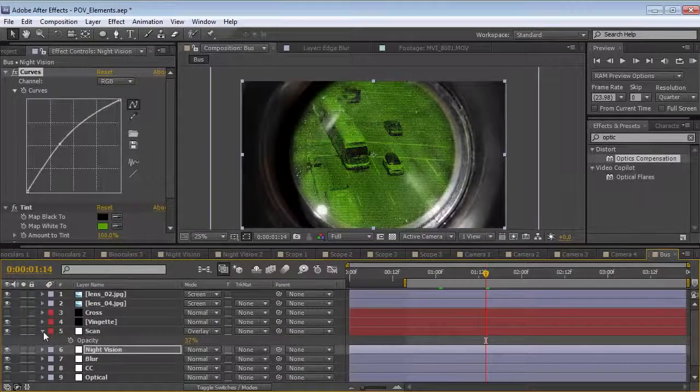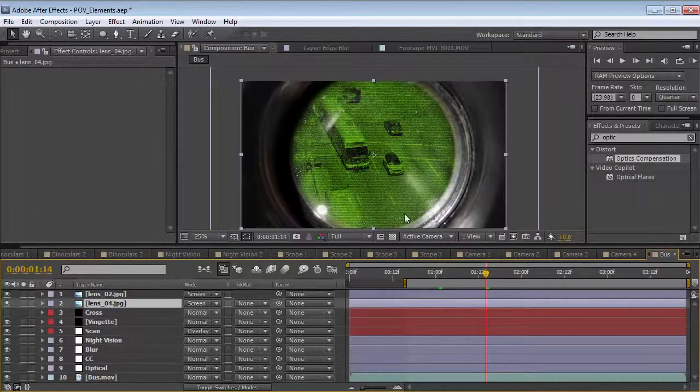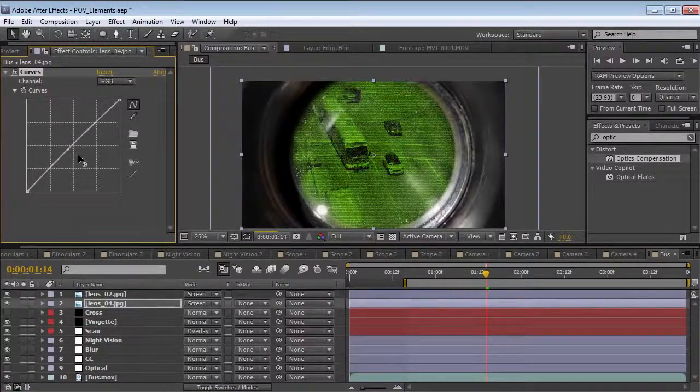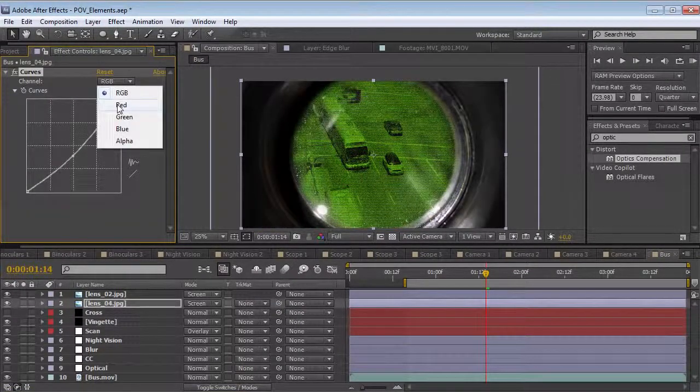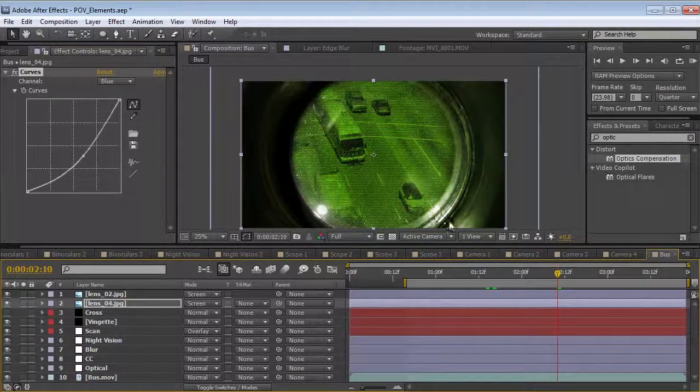Now, another thing is we should color correct the outer edge of our lens. So right now it's pretty dark. What we might do is first darken it down a little bit. If this is nighttime, we should make it look like that. And then maybe tint the color on the inside to match what's on the scope. So if we bring some of these colors out of the scope, we can start to cheat that look,